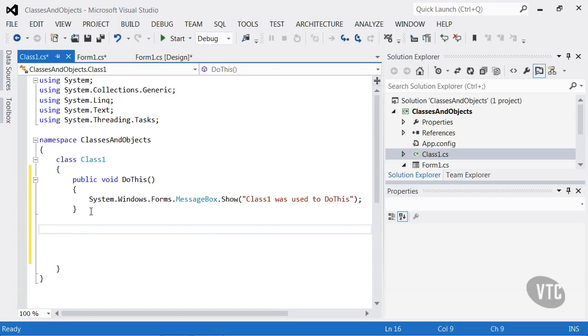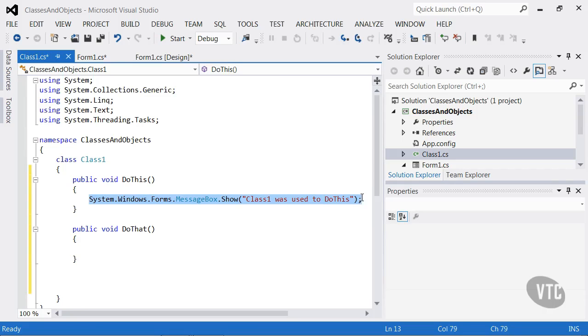So I'm going to do another method here, a public void. That means it's not going to return anything. We'll talk about that later. And we're going to call this one do that. So we're going to have a do this and a do that. Now, if I do this correctly, I should be able to just jump down there and put all this inside the braces. Okay,